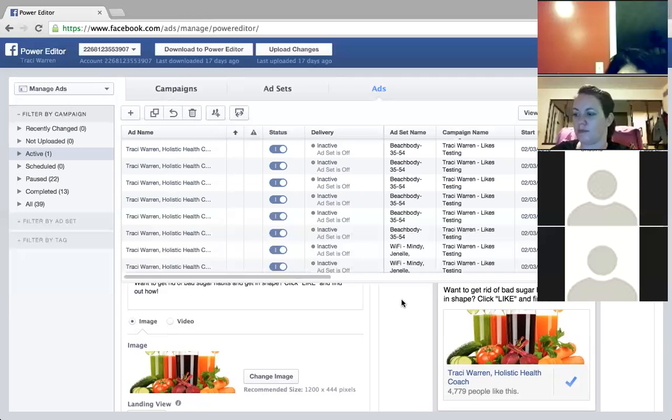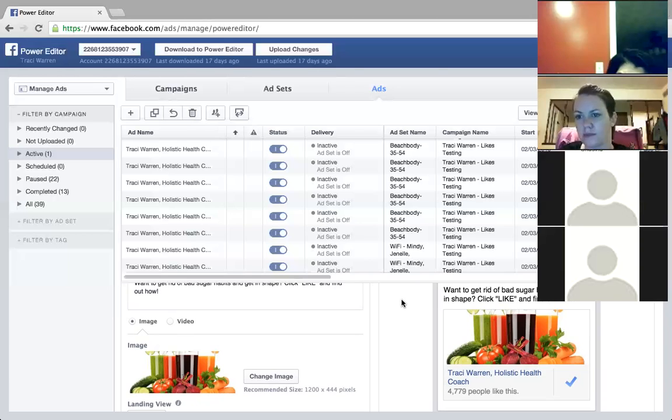You will want to have something there that is telling your prospect what they're going to find on your page, which means you have to know your brand. You have to know what it is that you're going to be talking about on your like page day after day after day. What is it that people can expect to hear from you and learn from you on your like page? Because this is really, really valuable for me to know that when I'm messaging somebody,